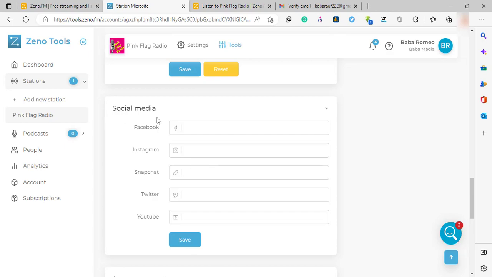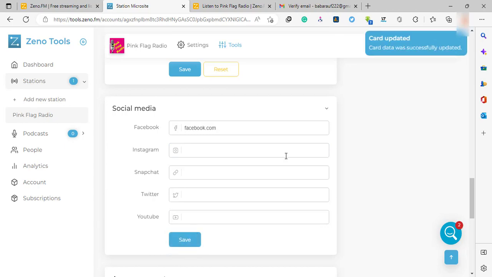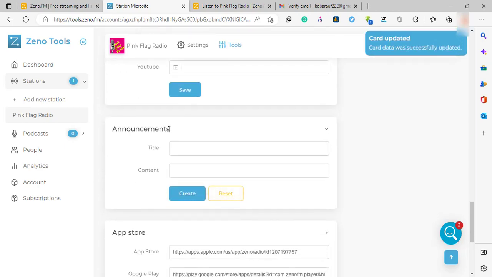And when you come to the social section here, you are supposed to add your social media handles over here. Here you have YouTube, Twitter, Snapchat, Instagram, Facebook, and the rest. So you just add them here. So I can add facebook.com here, and here you add everything. After that you save it and you move ahead to announcement, and here you can make